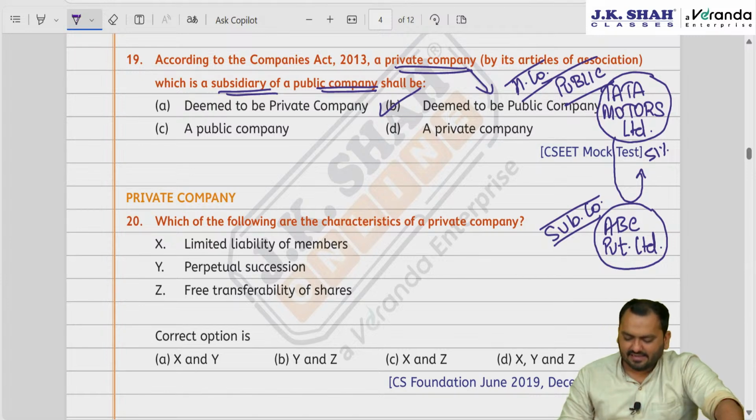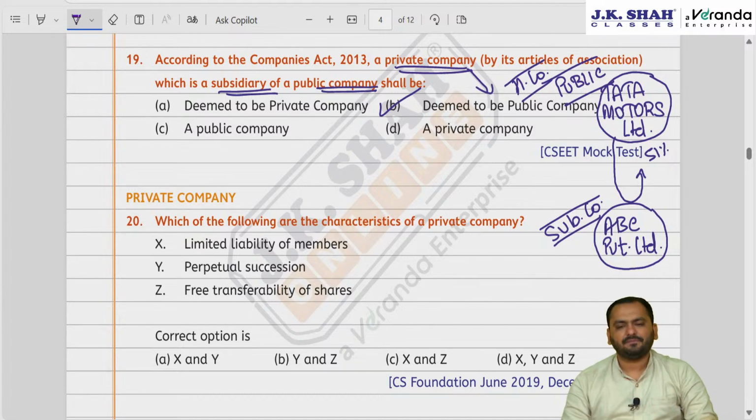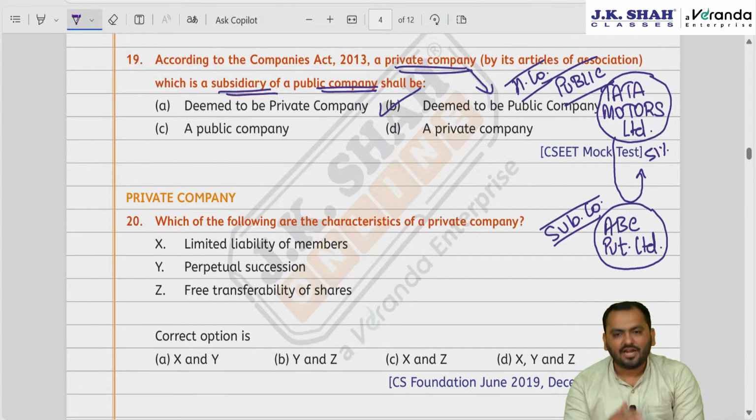Easy? Yes. I want to explain a few more things about this. Firstly, you tell me, who appoints the director of a company? Come on, who appoints the director of a company? Obviously the answer is the members of the company. In the annual general meeting they appoint the directors, right?